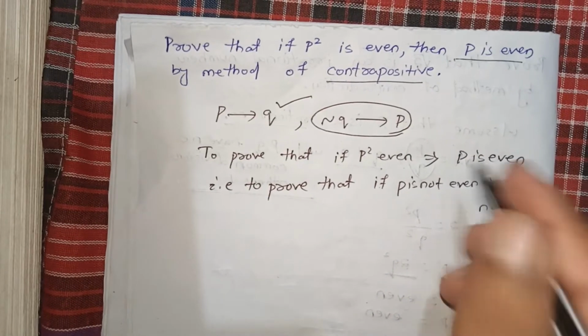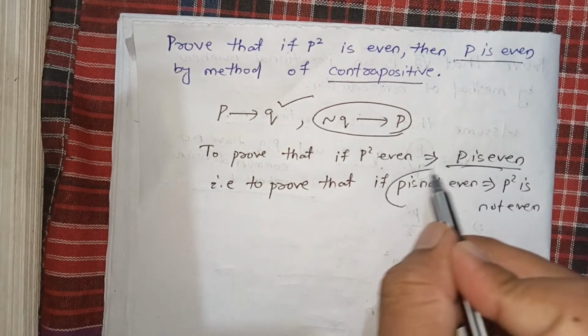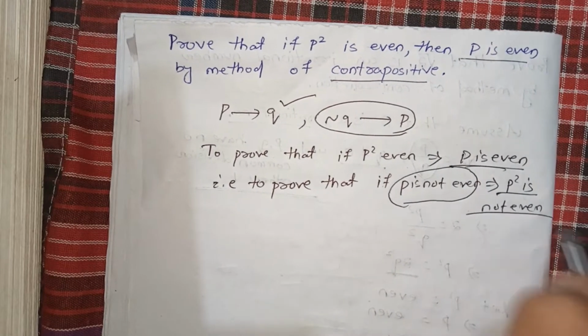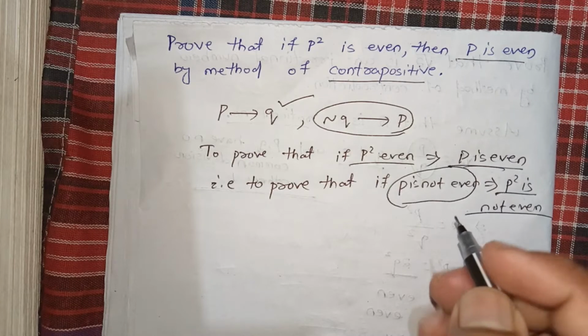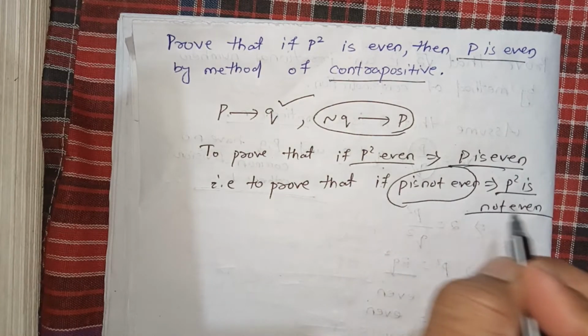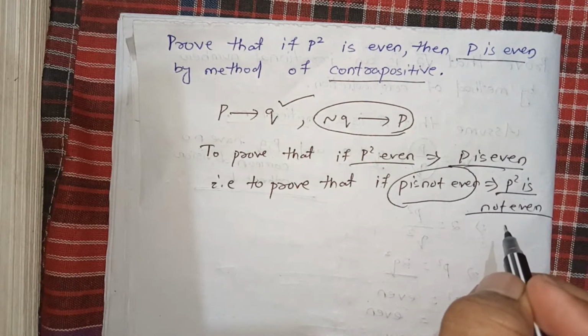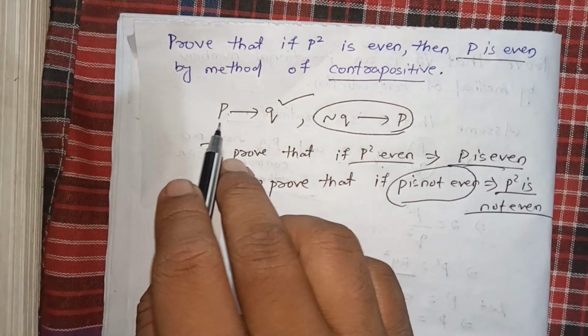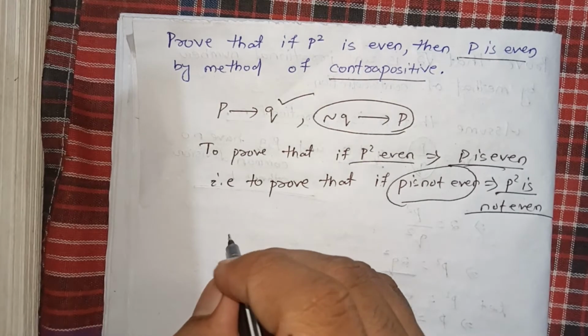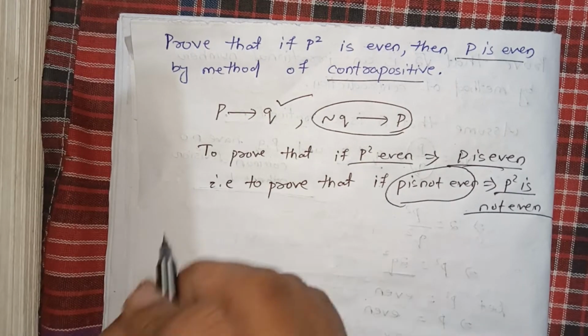So this is the opposite. We will take the opposite of this one and find out the opposite of this one. The p square is not even. So in the method of contrapositive, you have to show that if p is not even, then p square is not even, and if we prove this one, then we can indirectly prove that if p square is even, then p is even. So to prove it, let